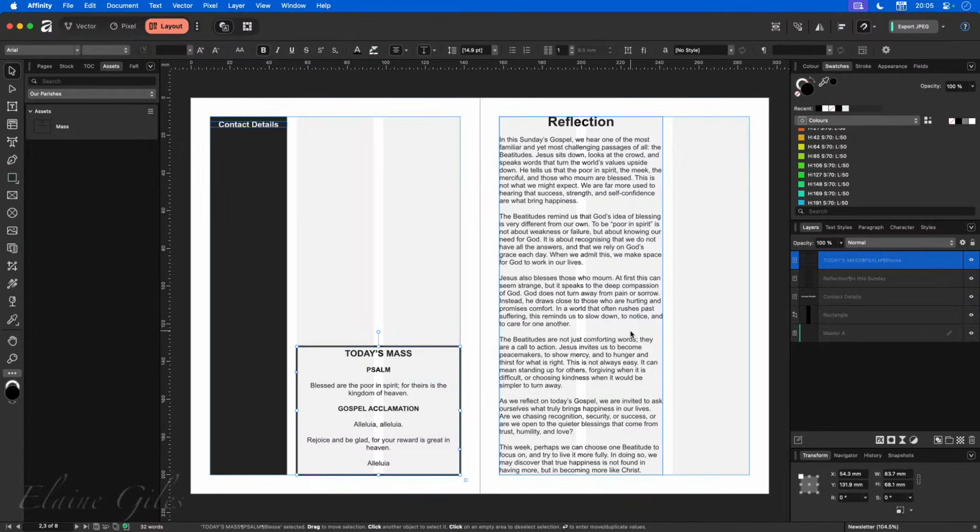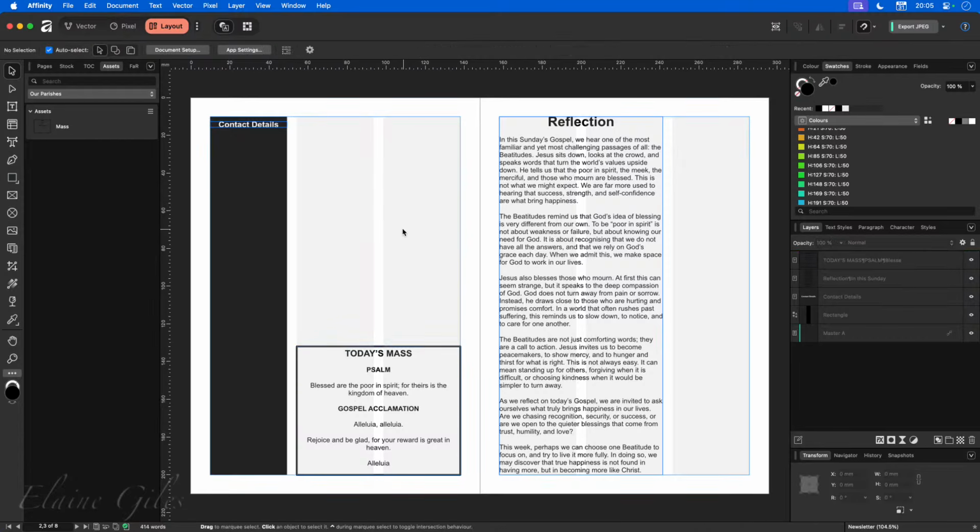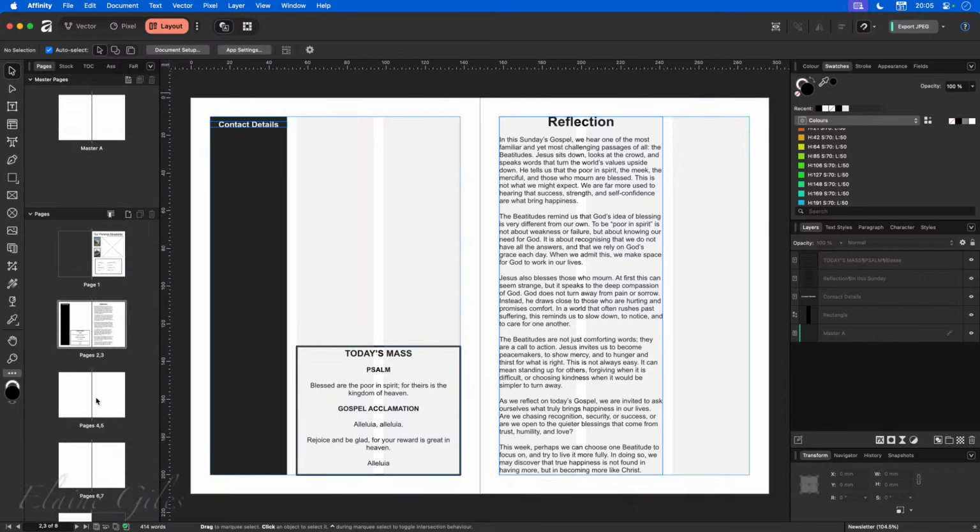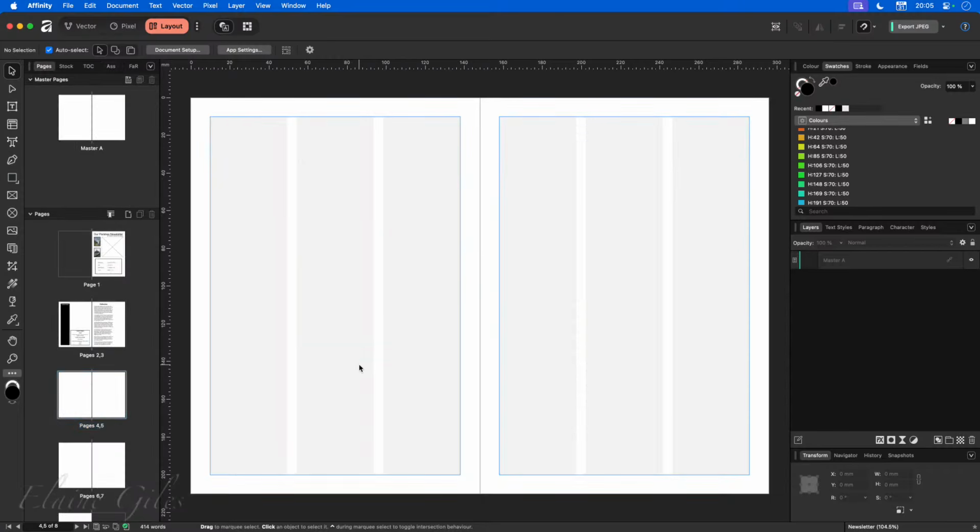Right, so we've got reflection content. We've got today's masses content. I'm going to leave that bit up there. I'm going to need to come back to that. Right, the next thing I'm going to do in here is our news items. Now, our news items, I have in another text file. What I would need to do with our news items